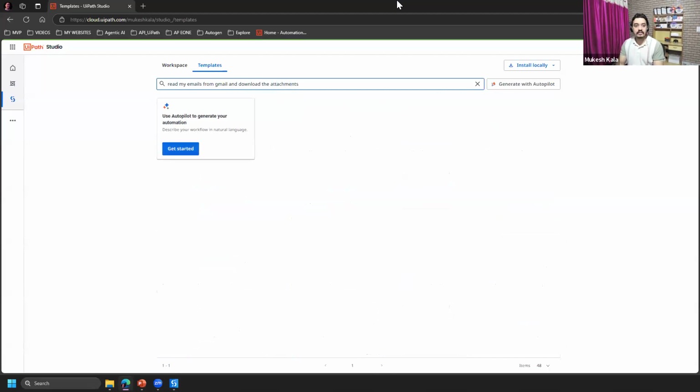Plain English, right? Somebody has shared sending certificates. Sending certificates might not work here because certificate is a very generic word, right? So you would have to write send an email to certain persons by attaching a file and in brackets say certificate. This is a prompt, same like we give to the AI, and then I say generate with autopilot.